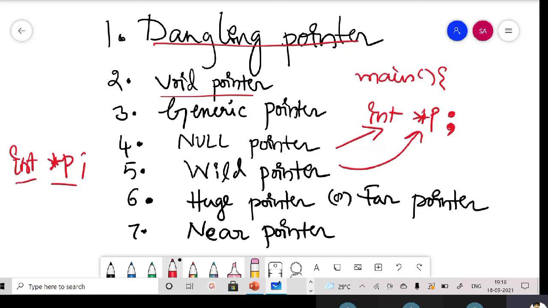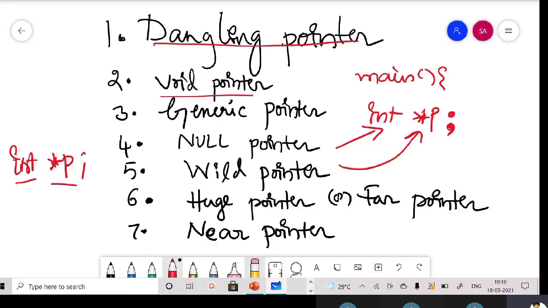Maybe somewhere I have declared a pointer and forgot what value is in it because I didn't store any value, and I have directly used that pointer in some application. In that case I will get some kind of unexpected behavior from that pointer. If you don't want that unexpected behavior, it's better you put a null value into it. That's the slogan of a good programmer.